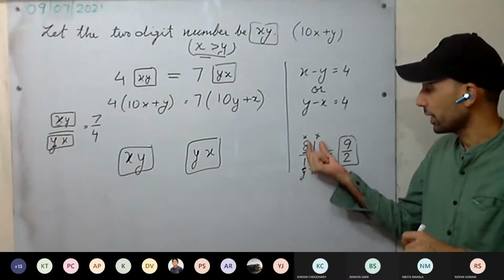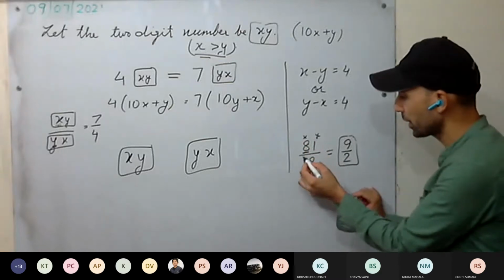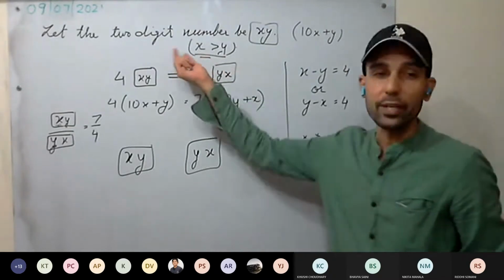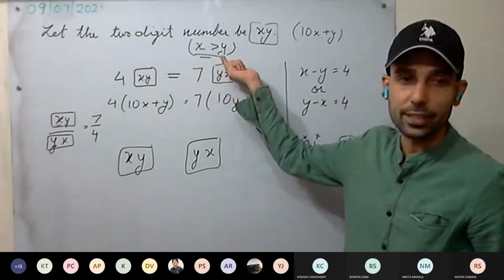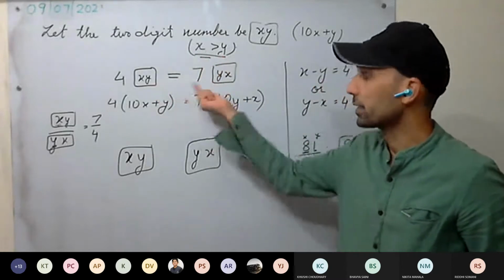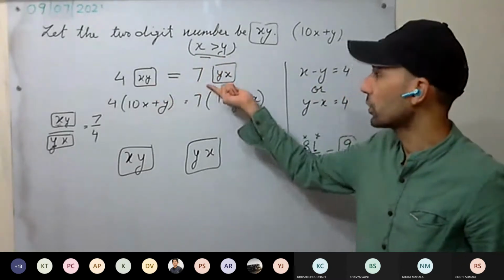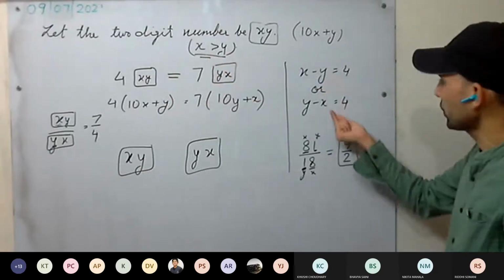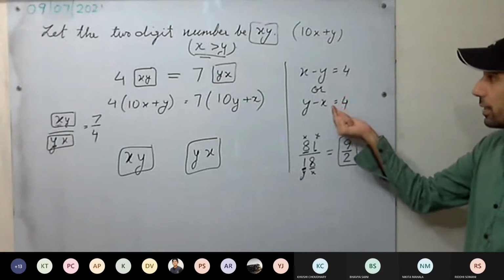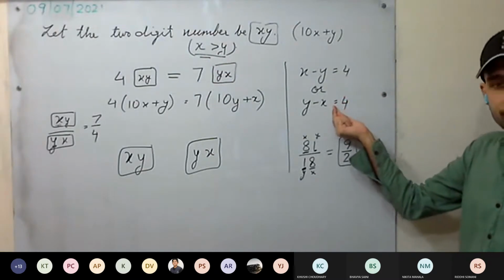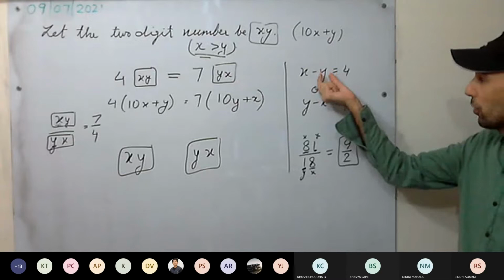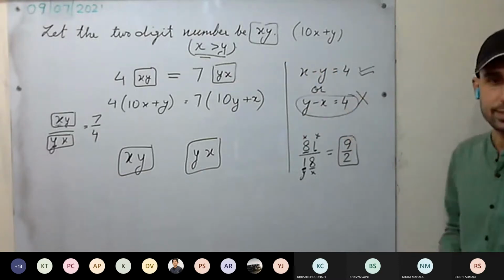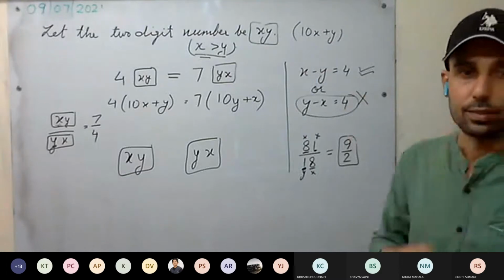We have formed the number just by interchanging the digits. It means this will be greater than this digit. So in the very first start, we assume that x is greater than y. Then only we'll be able to apply this equation, or this will hold true only when x is greater than y. Is this clear? Which one do we have to take, the first one or the second one? Since the difference is 4, it means we are separating y from x. This we have to take, and this we can't take. Have you understood this one?